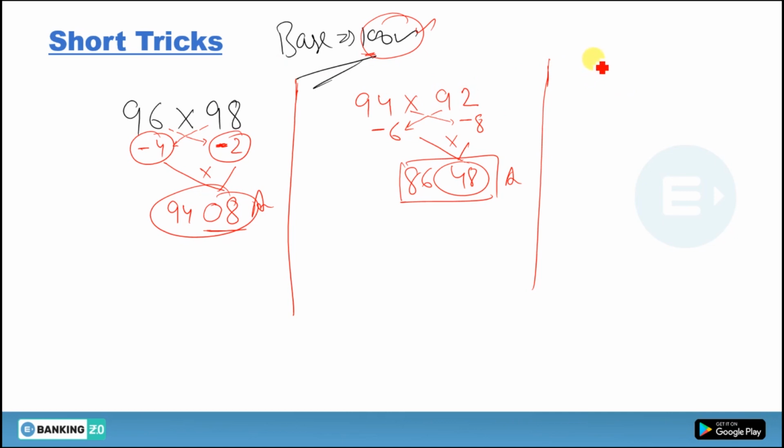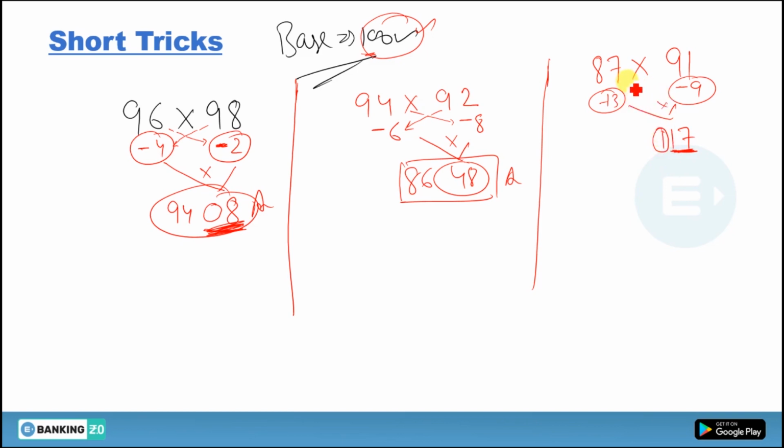Okay, now see one more. If you want to multiply this 87 by this 91, how much less is this than 100? This is 13 less. This one is 9 less. Multiply these all. 13 into 9. What you are getting? You are getting 117. So I have told you to get 2 digits only here, but you are getting 3 digits here. So just use these two, 1 and 7. Now this 1 will carry.